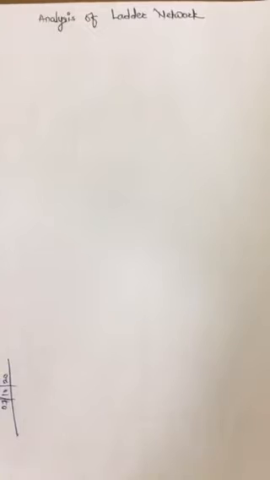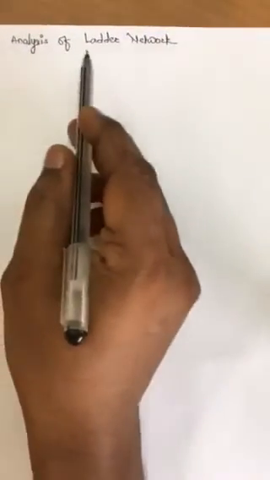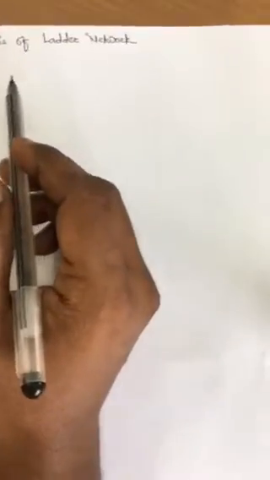Also we saw that a network can be of two types, one port network or two port network. A network having only one pair taken out for giving excitation or to measure response is called a one port network, and a network in which two pairs are taken outside is called a two port network. Now today we will study analysis of ladder network. First of all we need to understand what a ladder network is.